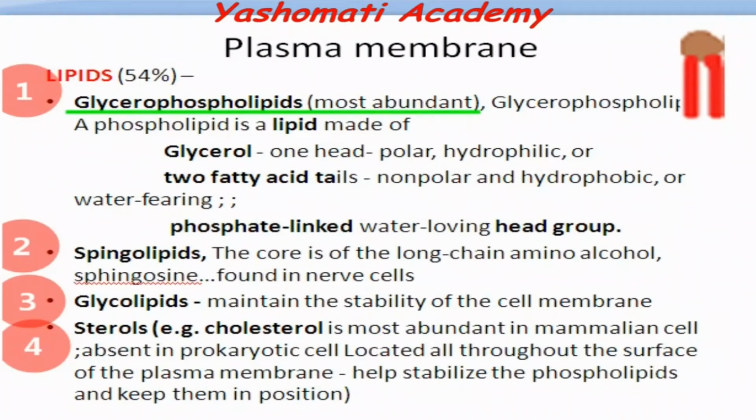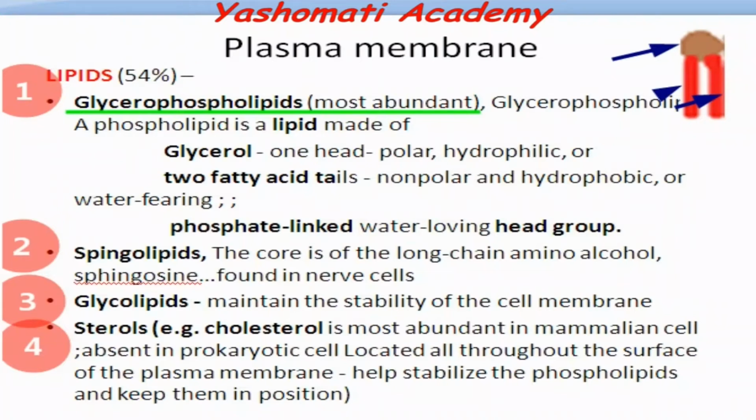Glycerophospholipid, which is the structure shown here, is formed of three parts. That is the polar end, which is made up of glycerol, and two fatty acid chains. Now this polar end is hydrophilic in nature. Hydrophilic means it loves water, because we know that polar substances like charges, and water being a charged molecule, because of that, glycerol is also hydrophilic.